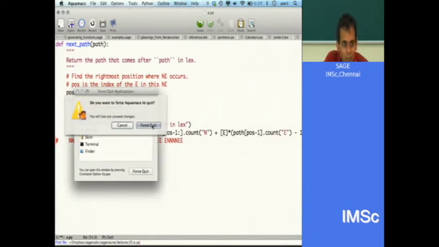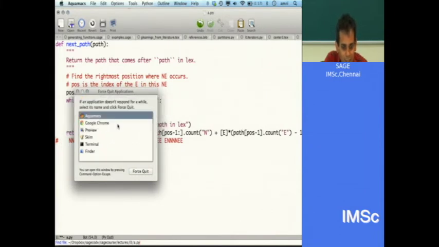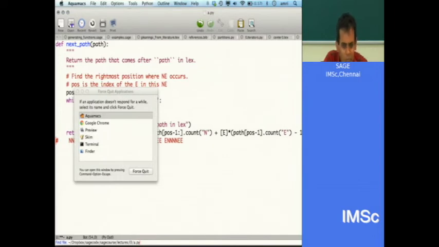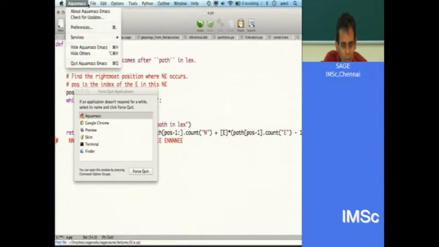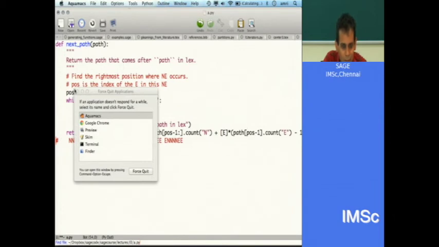Shall I use the nuclear option? It doesn't seem to be frozen. Yeah, it doesn't claim to be frozen. But none of the menus work, so it has all the signs of being frozen. Oh, now it's working. Okay, hang on.